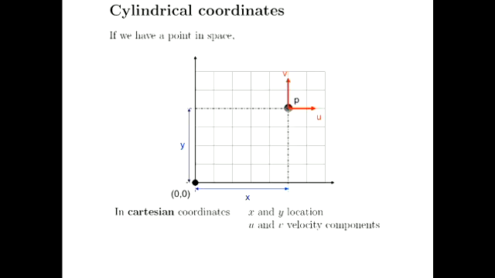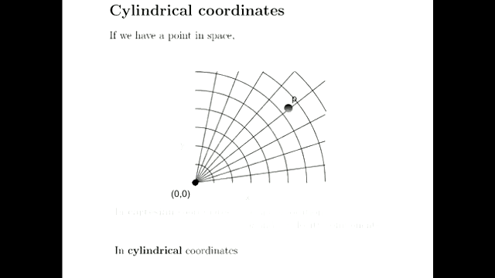We have a horizontal component of velocity, lowercase u, which acts in the x direction, and a vertical component of velocity v that acts in the y direction. The cylindrical polar coordinate system is also very simple. We just define that position P in terms of a radial position, r, from the origin, and also